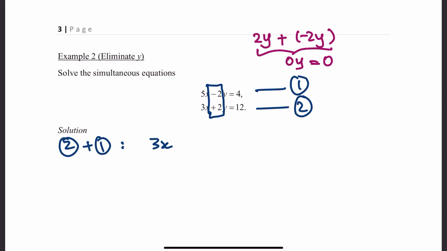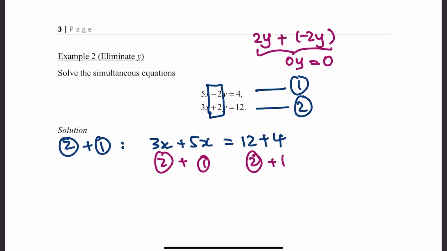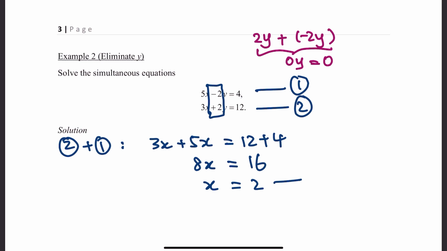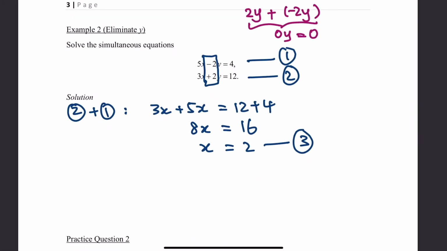So 3x plus 5x on the left hand side, and then of course I have 2y plus negative 2y, which means a 0 pair, so y is eliminated. And then I have 12 plus 4. So again, I'm taking equation 2 plus equation 1. So that's all good. And what I'm going to be left with is 8x equals 16, x equals 2, and then the rest are just very standard steps which we have seen